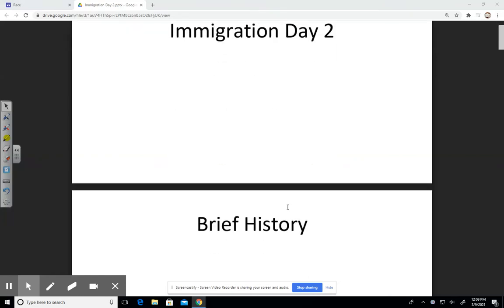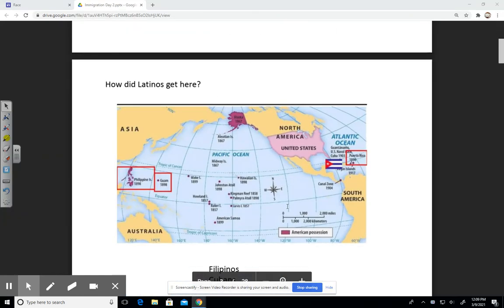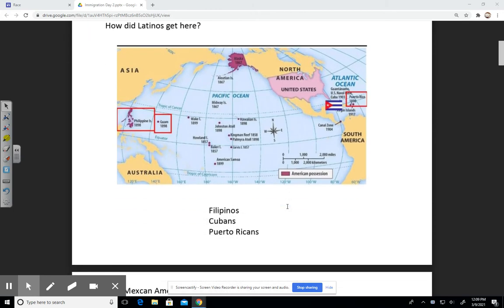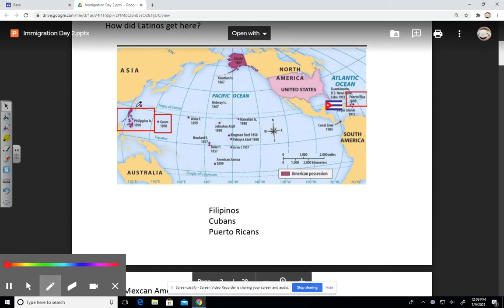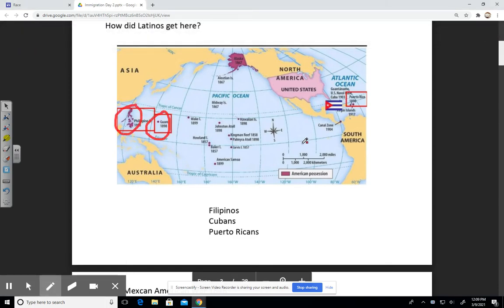Day two with a brief history here. So we're going to look at the answer to the question, how did Latinos get here? And for the most part, we have to look first at the Spanish-American War. At the end of that war, the United States gets these areas as well as some entitlement to Cuba, as